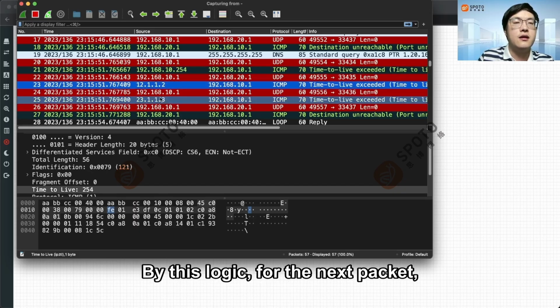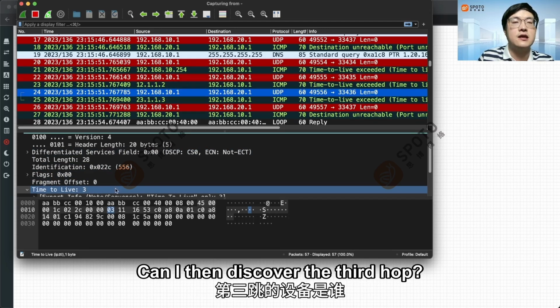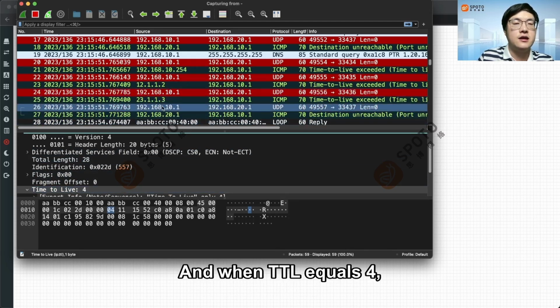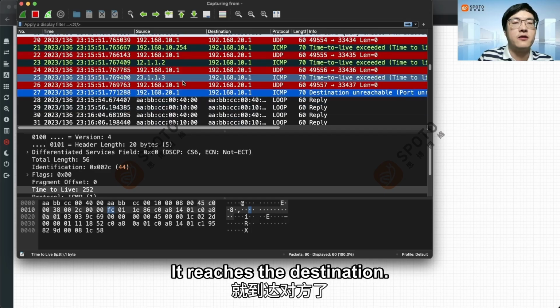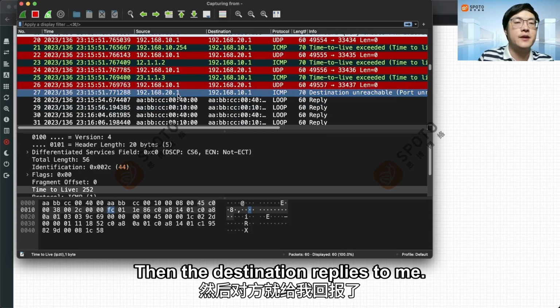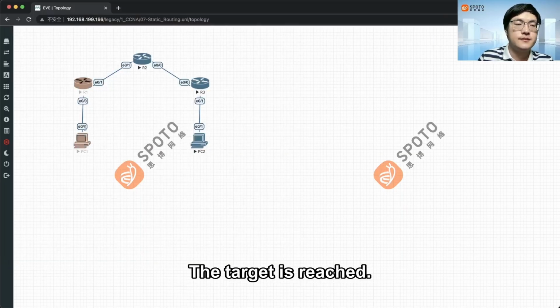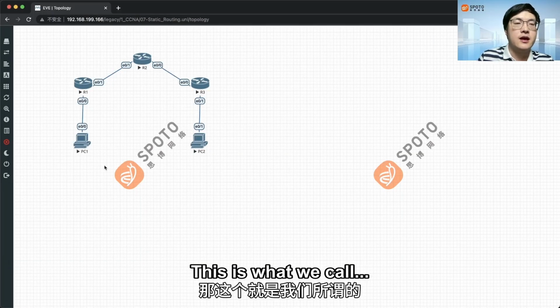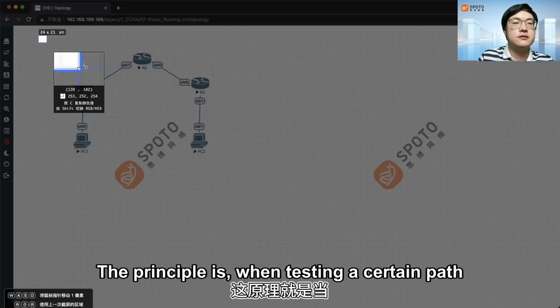By this logic, for the next packet, I set its TTL to 3. Can I then discover the third hop? Who is the third hop device? Right, and when TTL equals 4, it reaches the destination. Then the destination replies to me. The TTL times out, right? The target is reached. This is what we call the principle of traceroute. The principle is, when testing a certain path,